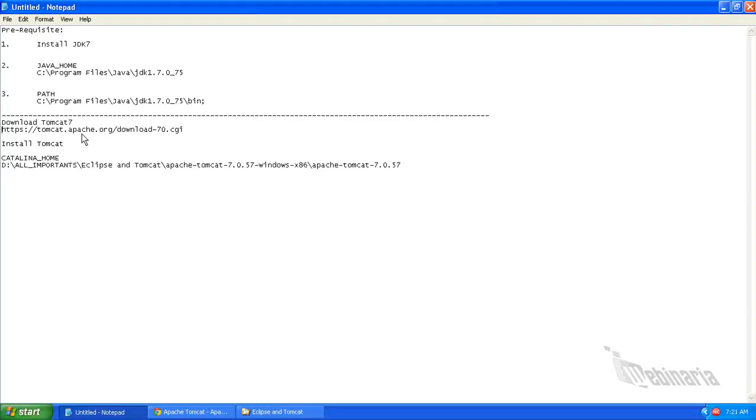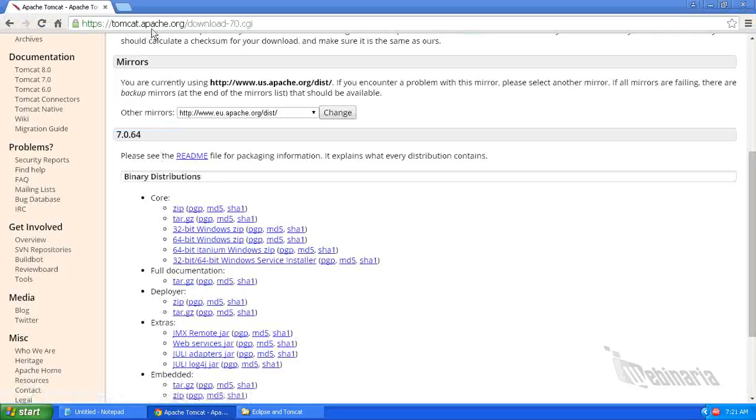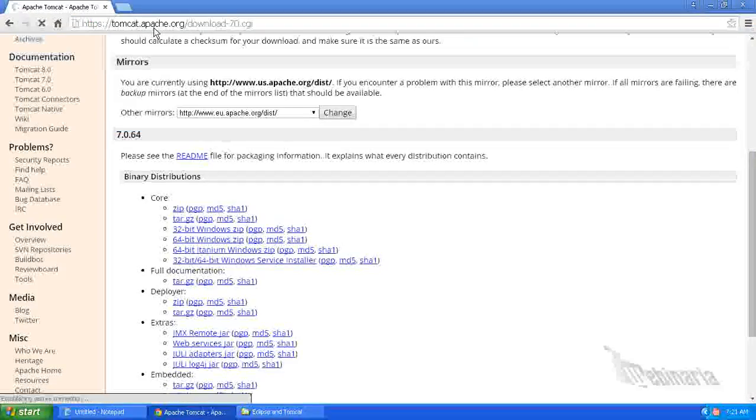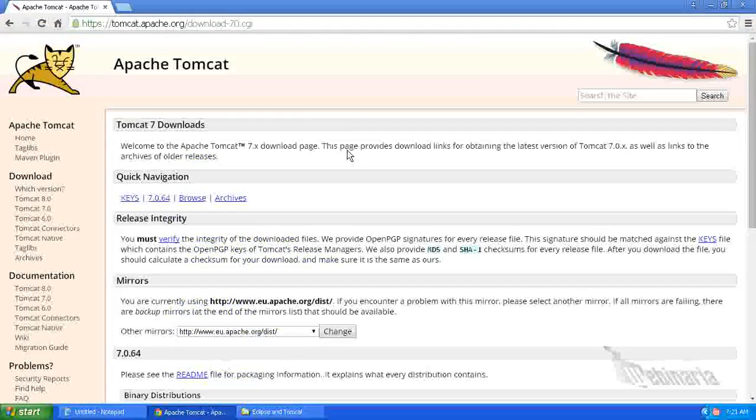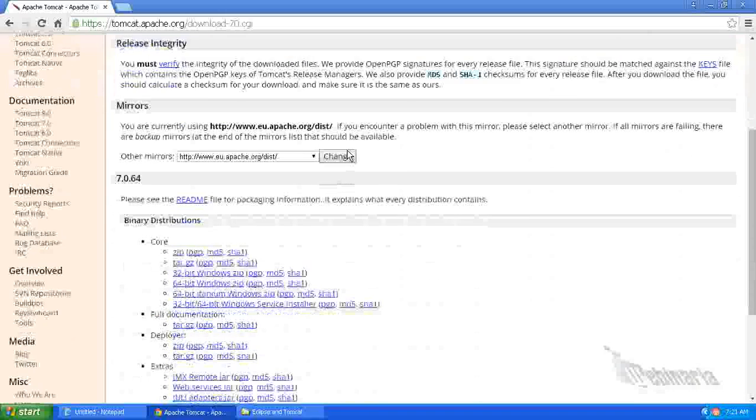download the Tomcat 7 from the Apache website. This is the URL. So here you can find the installable for Tomcat 7.